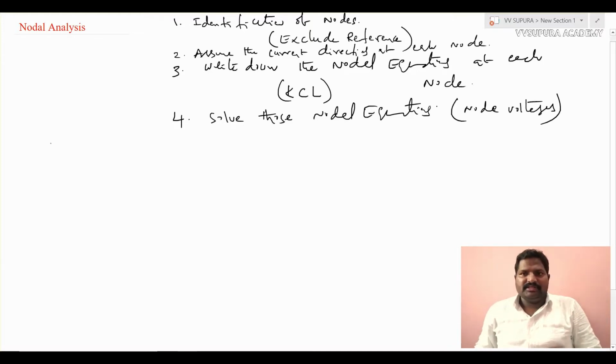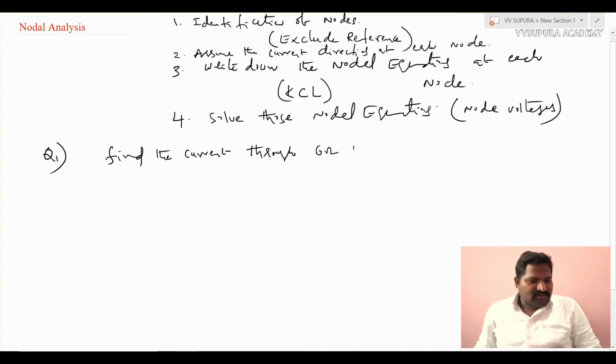So let's start with a simple example to identify nodes and solve those nodal equations. Okay, so question number 1. A simple problem I can give here. Find the current through the 6 ohms resistor using nodal analysis. Okay, the question is like this: